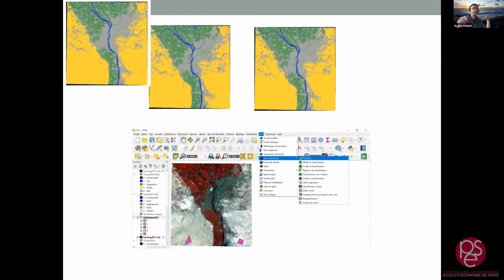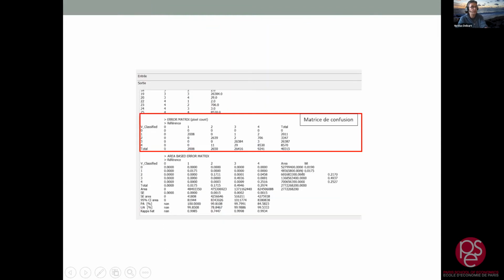So what we can do is, again, with QGIS, we can make some more samples. And when we make these samples, what we must do is to make them independently of the classifications themselves. So we don't take them on the basis of watching this validation. It must be blind. So we make new samples, for example, by photo interpretation here. And then in QGIS, we can ask for precision.